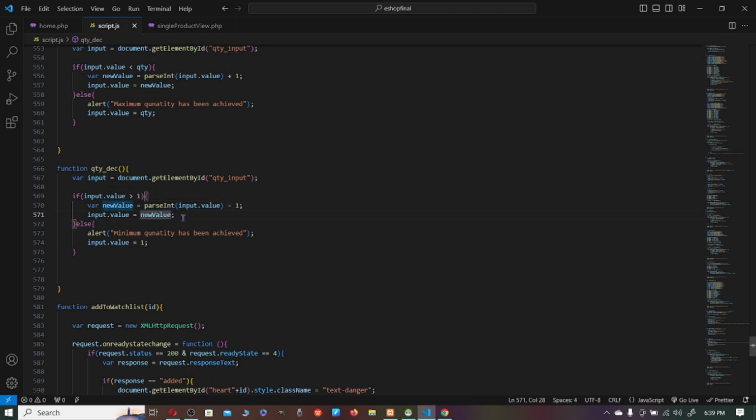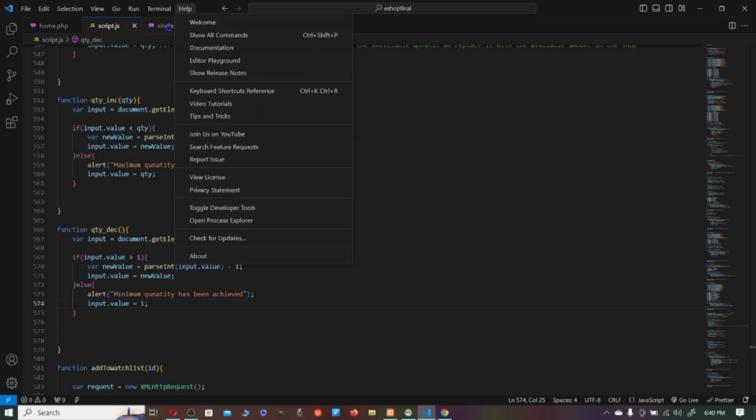And then we assign the text field that new value after we have decreased. And in case it's less than 1, we echo this and we assign the text field 1. So yes, and let's